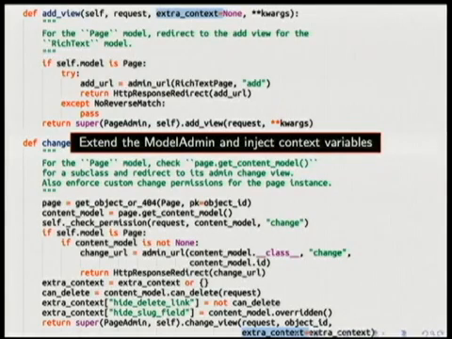So now what if you want to customize the template? If you want to add a lot of variables into the template, in all of the dynamic methods we saw, some of them are add view, change view, etc. Each of these has an extra context parameter. So you override the add view